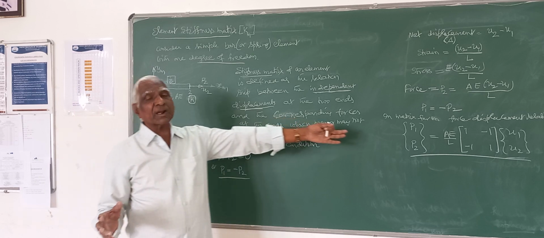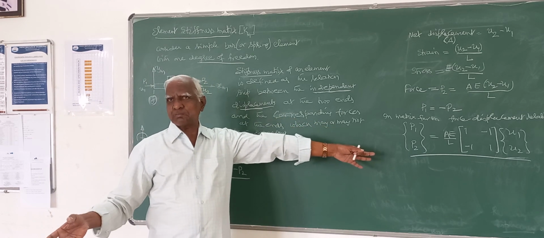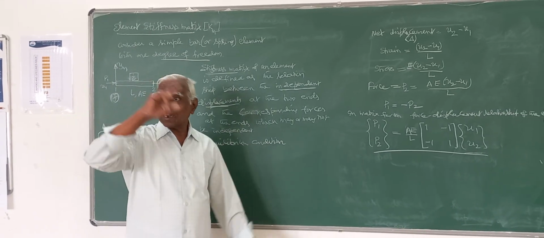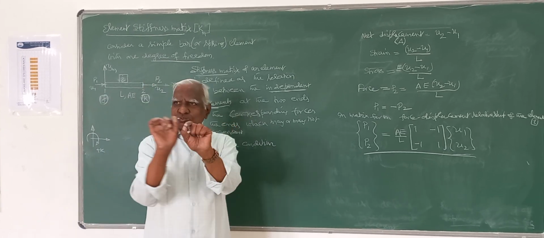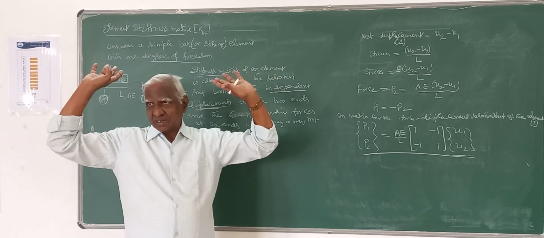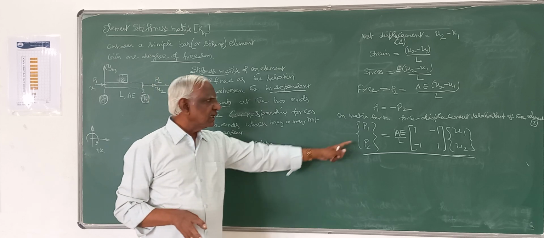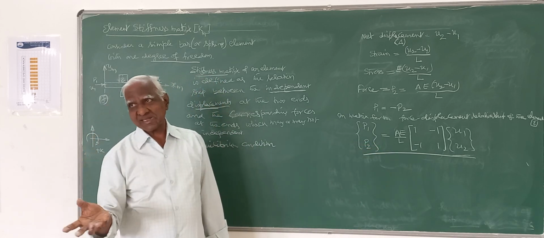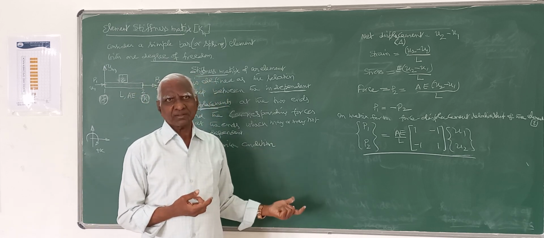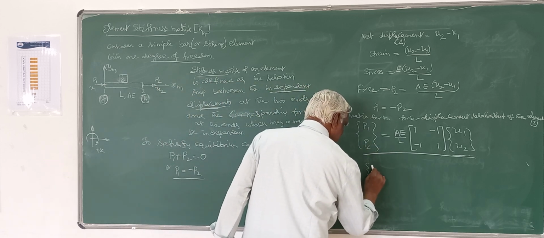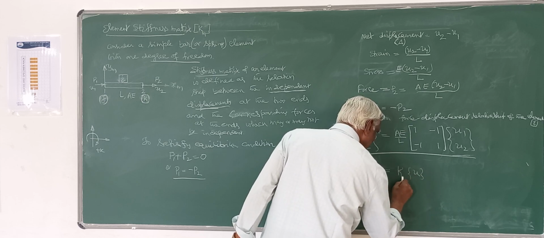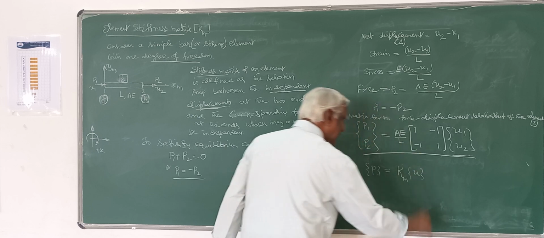Because we always deal with a number of forces resulting in a number of displacements, we resort to matrix notation as I have used. Earlier I defined simple stiffness and flexibility by one quantity, and that holds good. But when you have a group of forces and displacements, we always have to resort to matrix notation and define the properties with matrices. So this you can call a P matrix. This is a displacement matrix. This is the